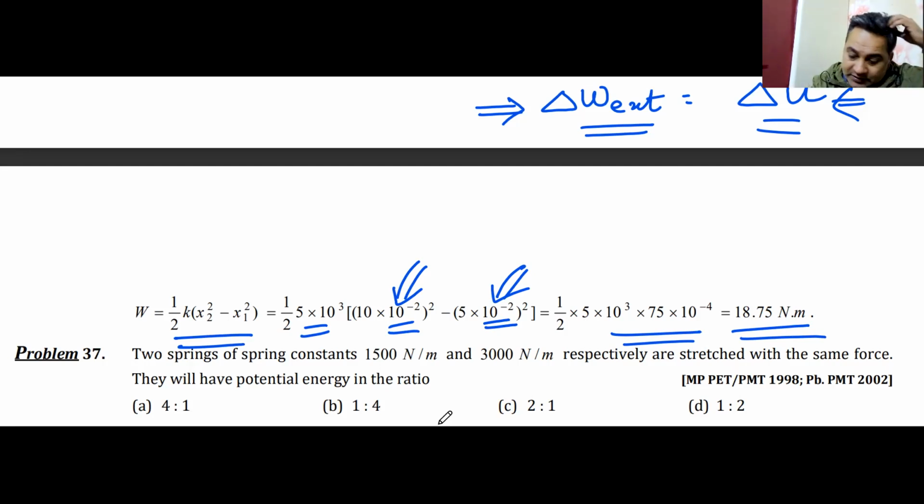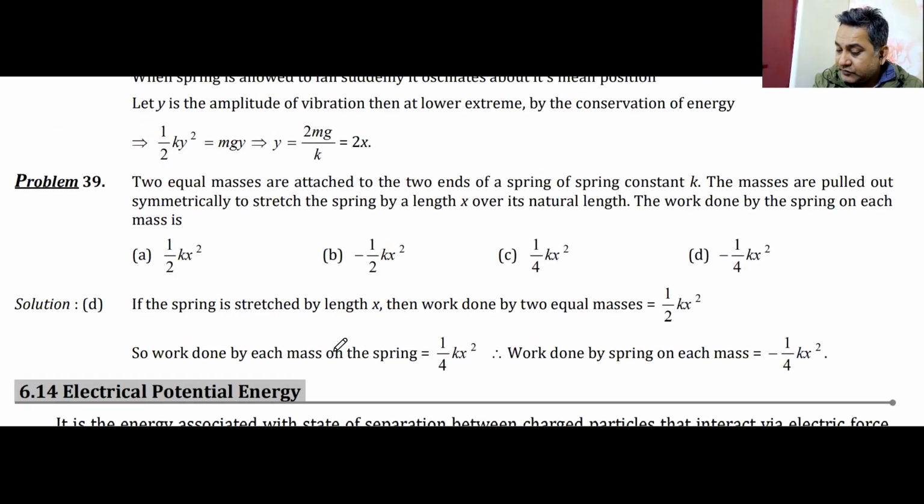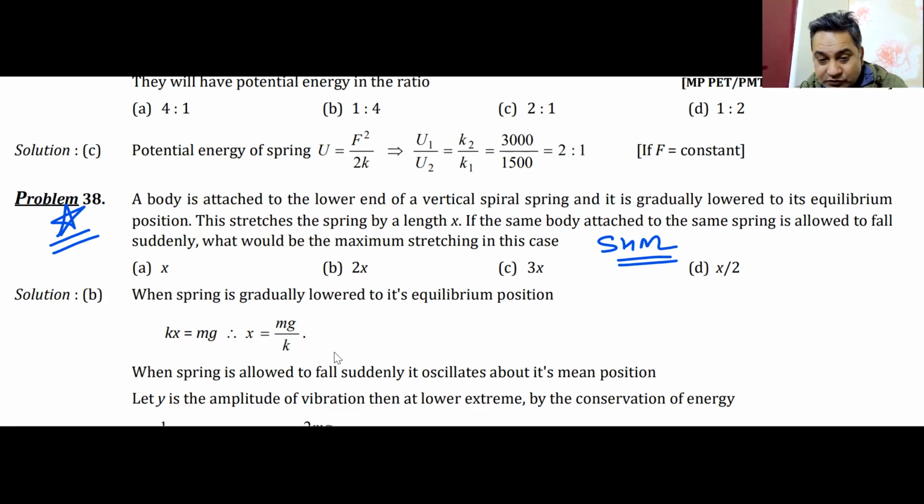There are other questions as well. Question number 37, 38, 39. If you can do all these three as homework, that would be much more than enough. Even question number 38 you can skip because you can do it in the chapter on SHM. Right now you may not do it. You can do 37 and 39 even. It is more than enough for you to be solving any problem that can come in your final exam.